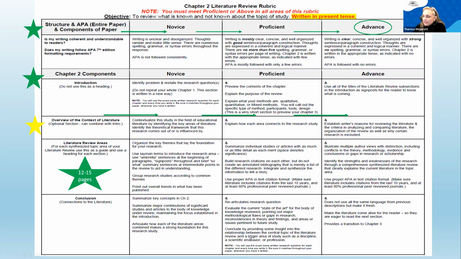Conclude by providing some insights to the relationship of the literature and your area of study. How does it relate? And make this nice and fresh. You can't have the exact same